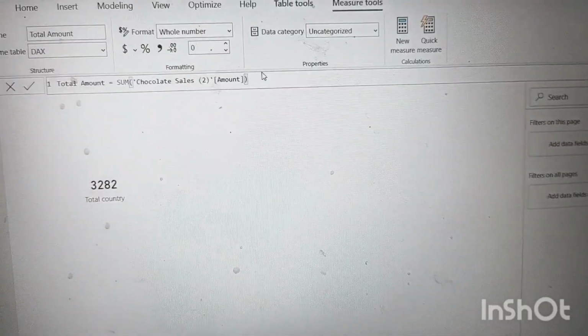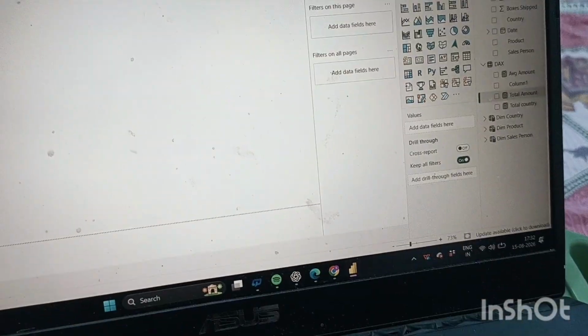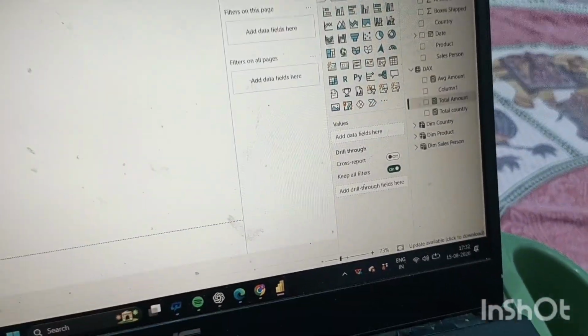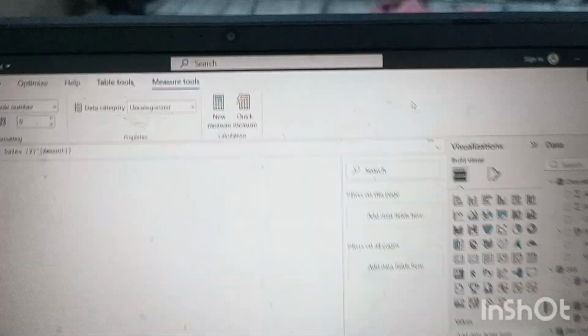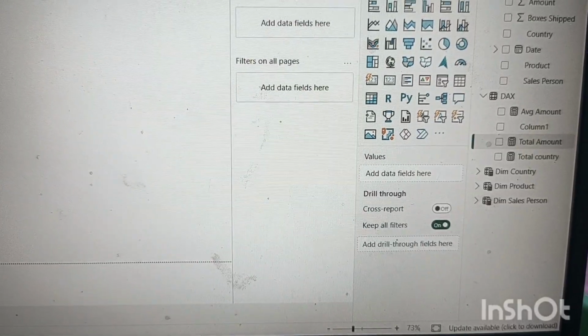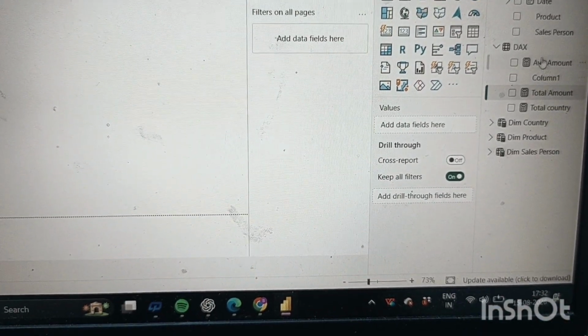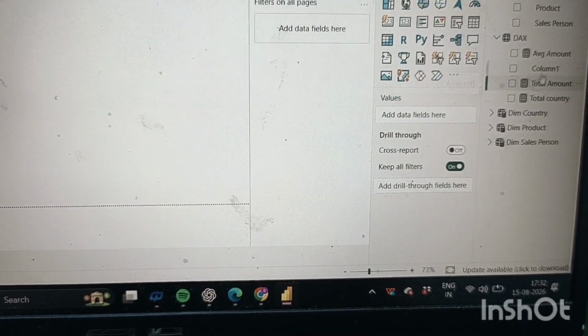Right now just press enter and your function is ready. You will get the total amount, right guys? As it is showing here, total amount. Are you watching, guys? Total amount.